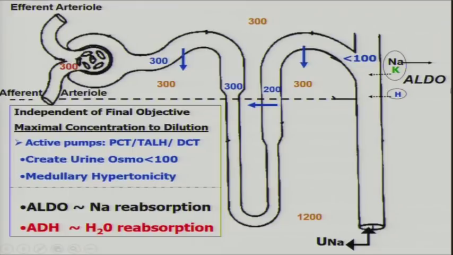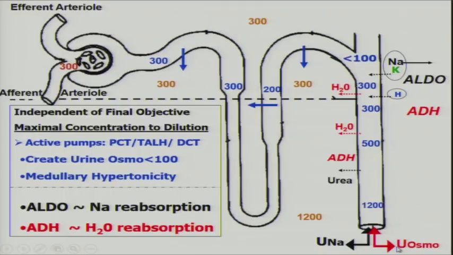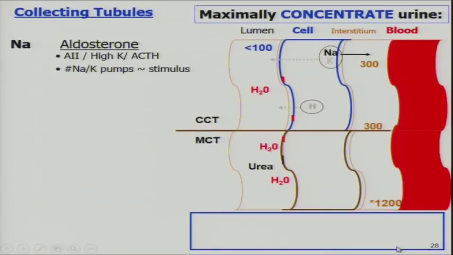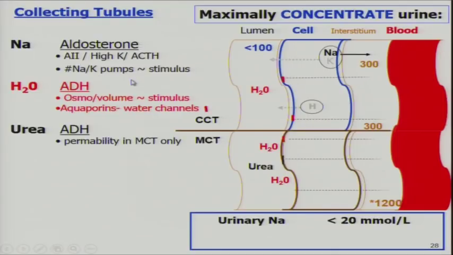And your ADH and your water reabsorption, again, because of the concentration gradient and the ADH increasing aquaporins, results in water reabsorption such that your urine osmolarity comes out, and we'll measure the urine osmolarity. So again, to look at this, to maximally concentrate the urine, you're going to have high aldosterone, increasing sodium potassium ATPase. You're going to have high ADH, increasing the aquaporins on the luminal and basolateral membranes, and ADH increasing